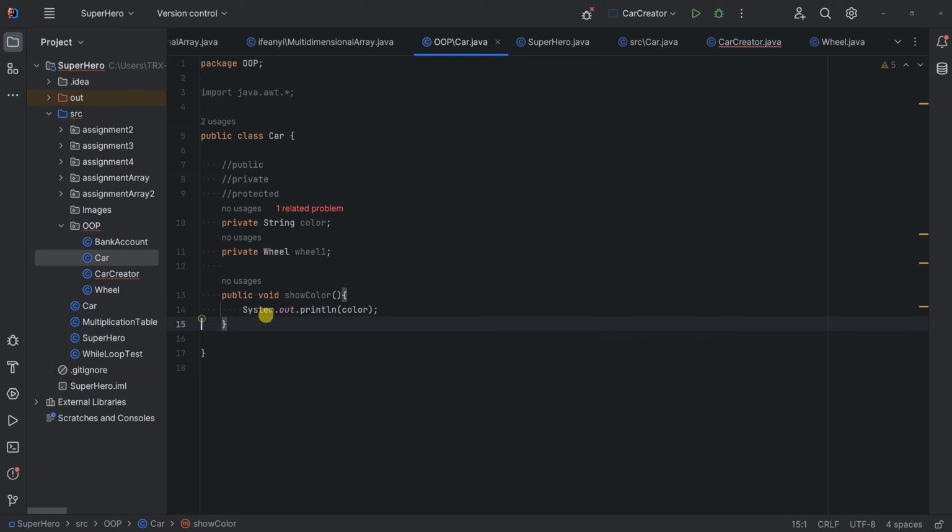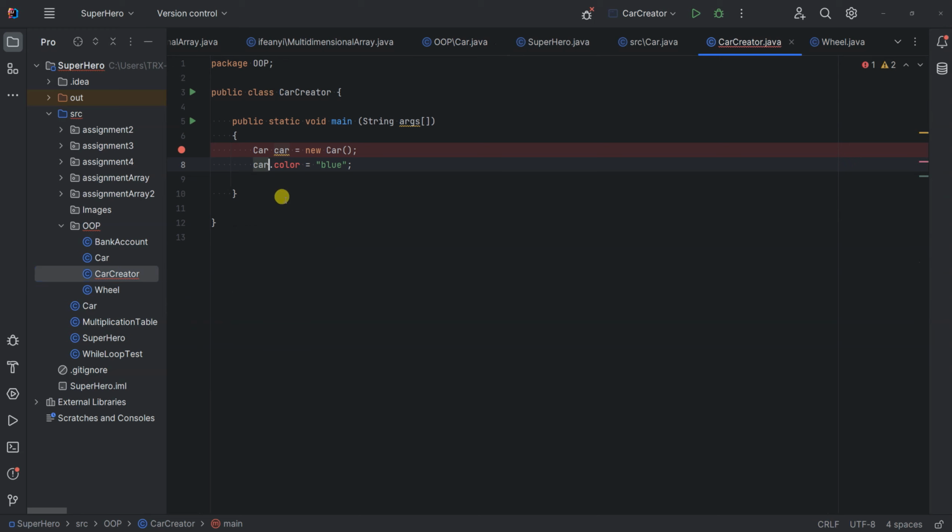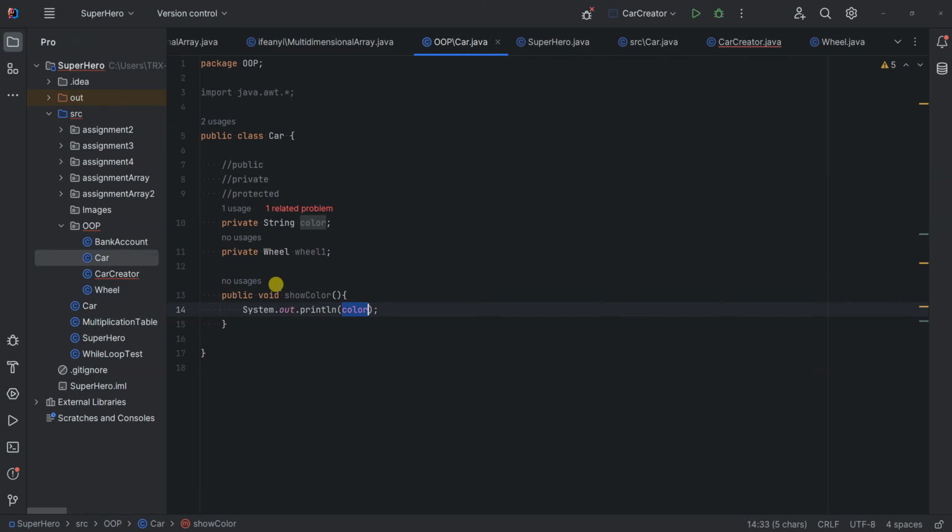But from outside the Car class, no, I can't access it. And to show you that I can access it from inside the Car class, I'm going to call this method that says show color from out here. I'm going to change this now to car.showColor. And because it's a method, which I'm also going to explain, if I run this,